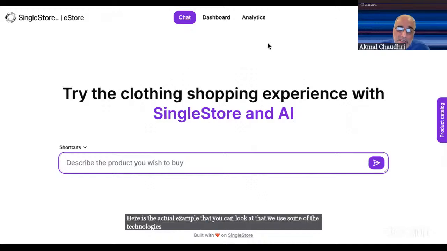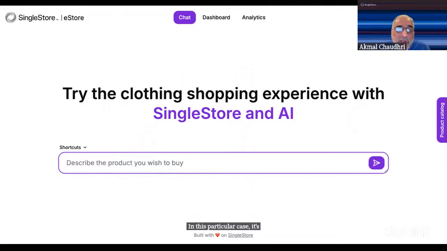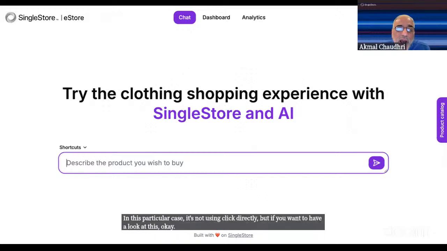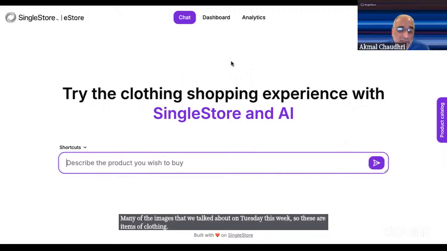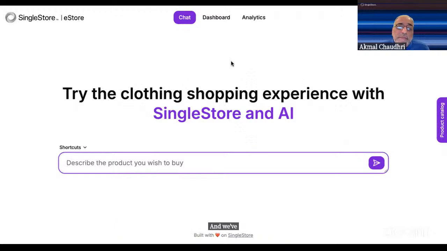that uses some of the technologies we've talked about. In this particular case, it's not using Clip directly, but if you want to have a look at this, it's single-store-estore.com. This is a fully working example that takes many of the images we talked about on Tuesday this week. These are items of clothing, bags, t-shirts, and other things as well. And we've encoded that for you using OpenAI, but it does so on the description,